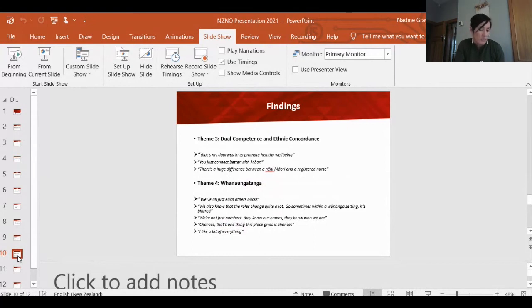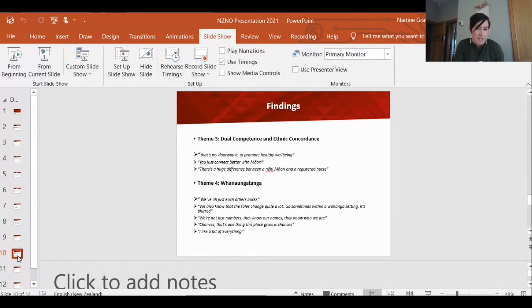The program itself supports the existing knowledge that the key to positioning Indigenous students towards success is to include relevant Indigenous content in the education program from a strengths-based approach. And I guess theme 3 overall, from their verbatim, was identified from their perceptions of themselves acquiring dual competency and providing ethnic concordance to Māori clients and whānau in their care. They could see that there was a difference once they're out in practicum.